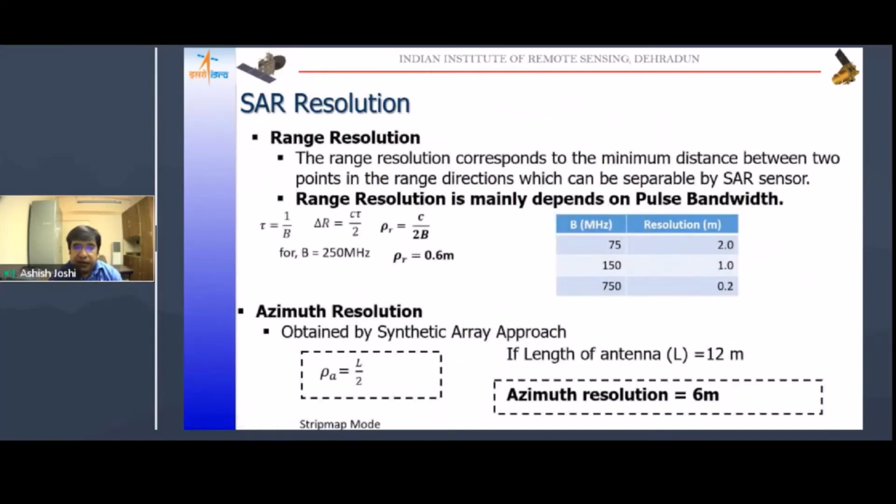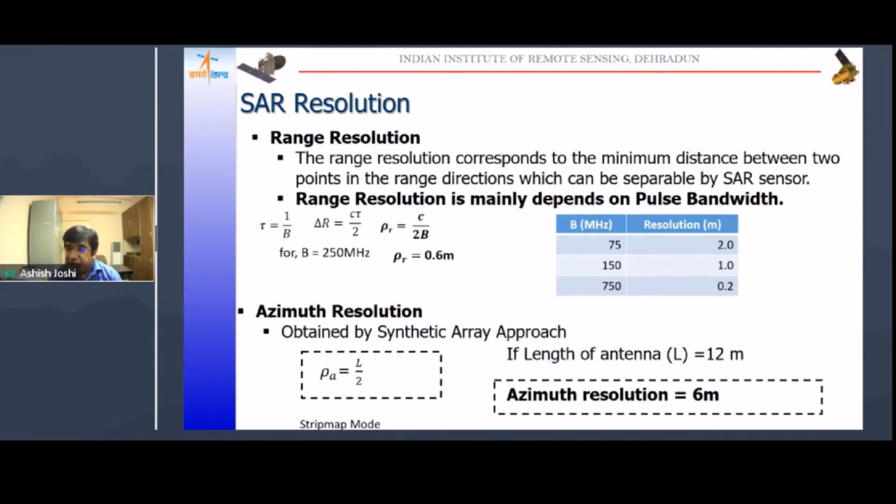Normally optical sensors have a single resolution, but the SAR has two resolutions, in the range direction and in the azimuth direction. The resolution in the range direction is called the range resolution, and it mainly depends on the pulse bandwidth, meaning the bandwidth at which we are transmitting the electromagnetic radiation. Initially I told you about the frequency and the bandwidth at which we are